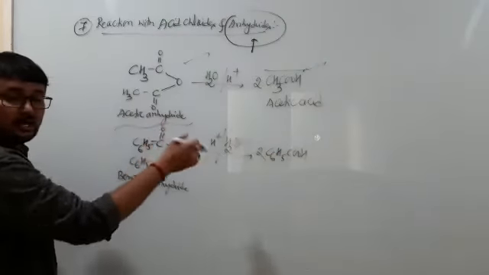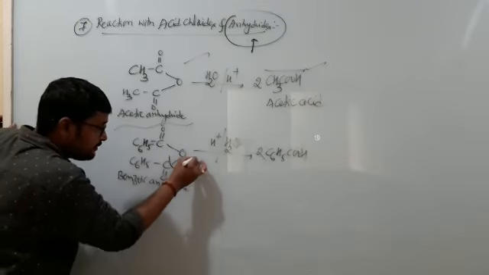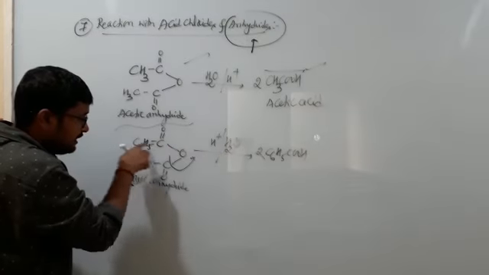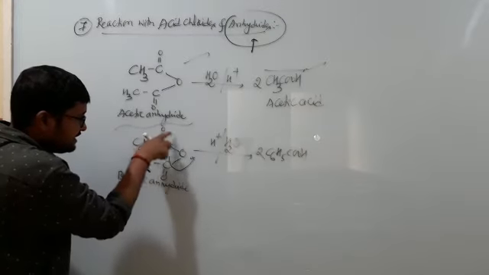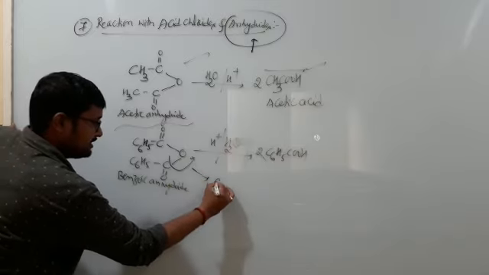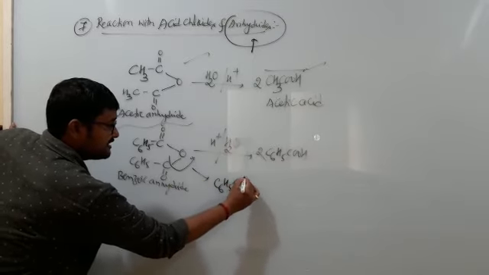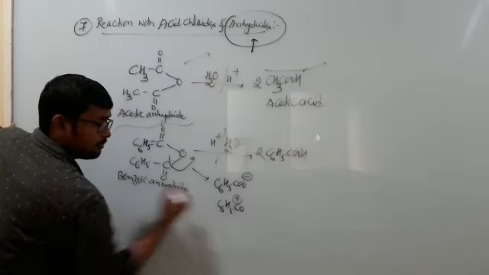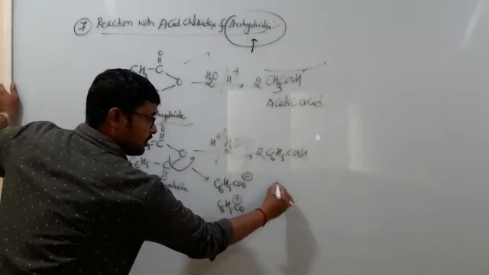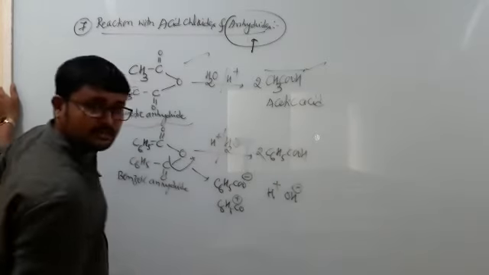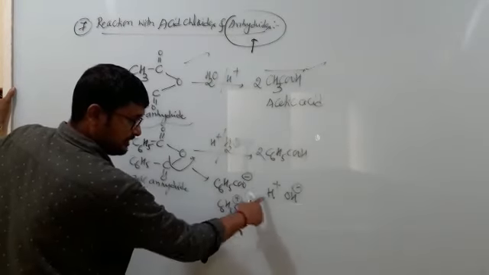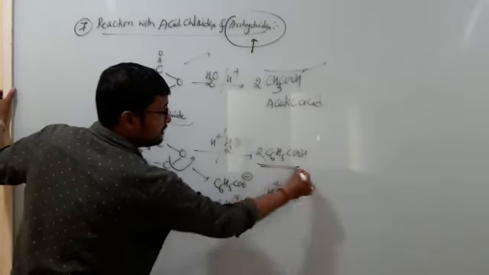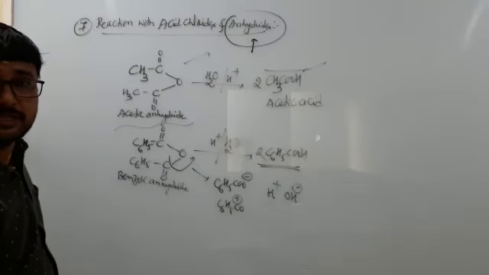Now a question comes, how will this hydrolysis take place? This oxygen will take away the electron towards itself such that it becomes a benzoate ion, C6H5COO minus. So this ionizes as C6H5COO minus with one part, and the other part will be C6H5CO plus. In the presence of an acid, water ionizes as H plus as well as OH minus. So this COO minus will take away H plus, and this CO plus will take away OH minus, so that we are going to get 2 moles of benzoic acid.